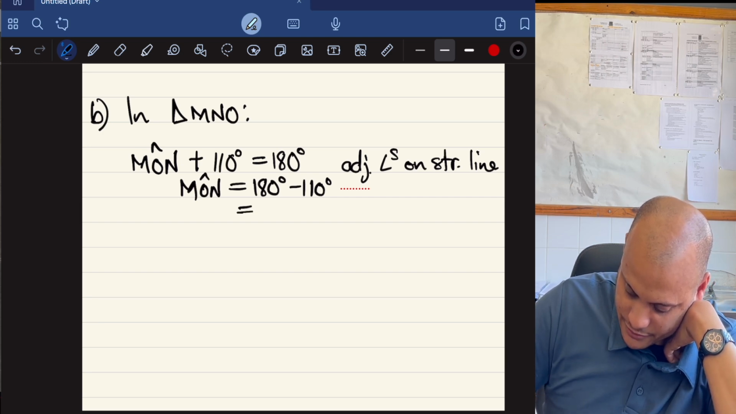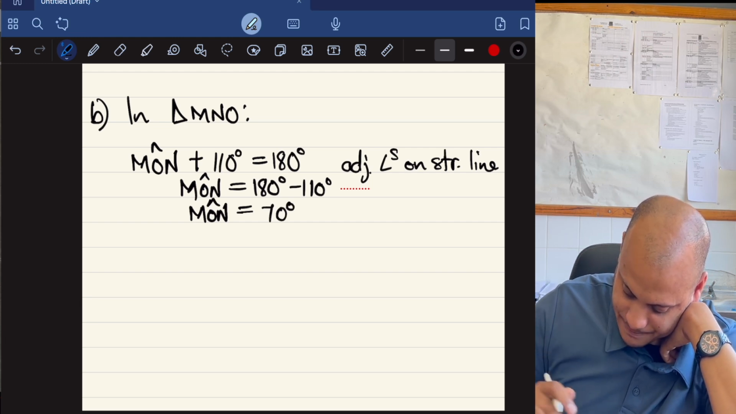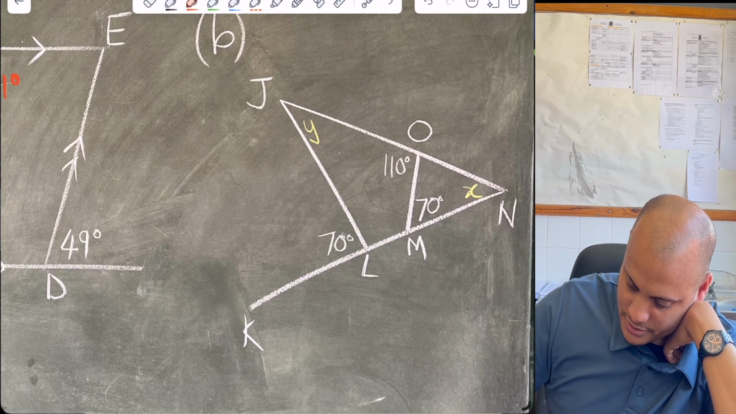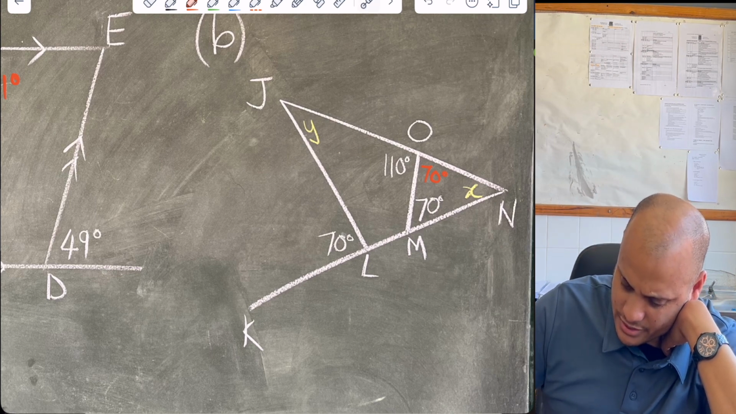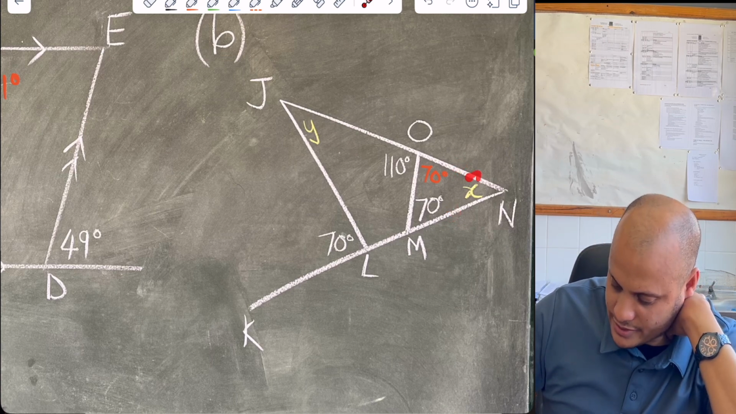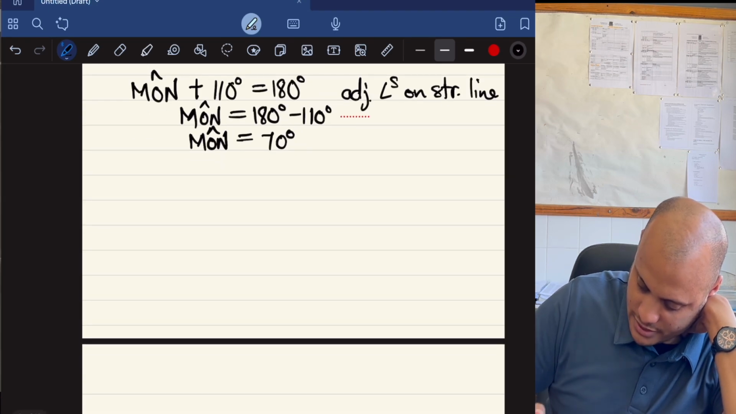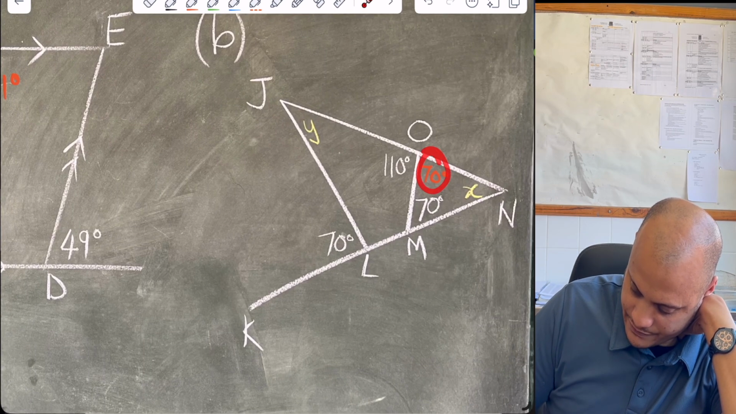And that, of course, will give us, if I take 110 away from 180, I will have 70 degrees. So that means this is 70 degrees, which makes this an isosceles triangle, by the way, which we don't need to annotate, but just an observation. So that means that in that same triangle, that x plus 70 degrees, the one here, plus the other one,